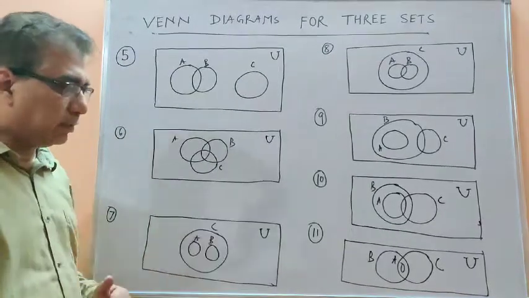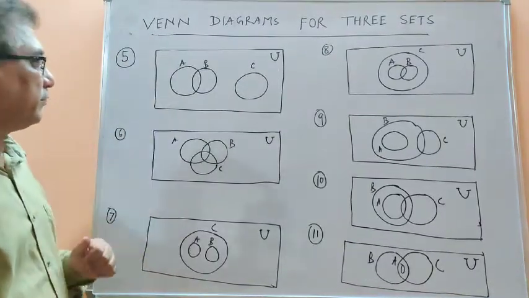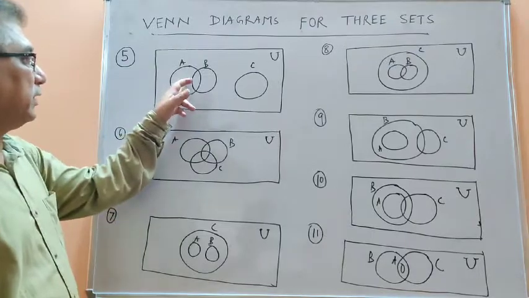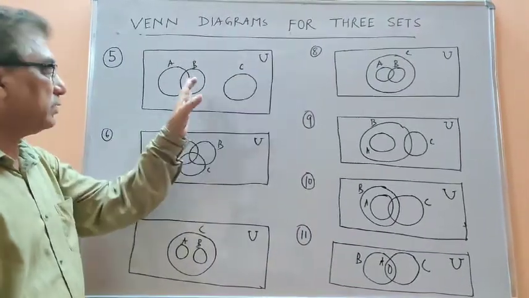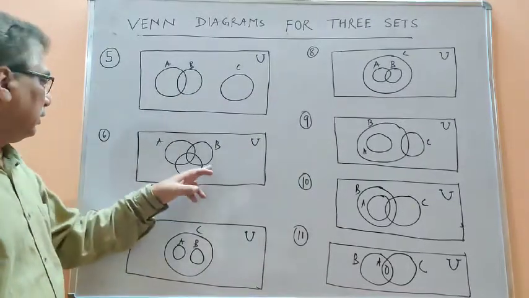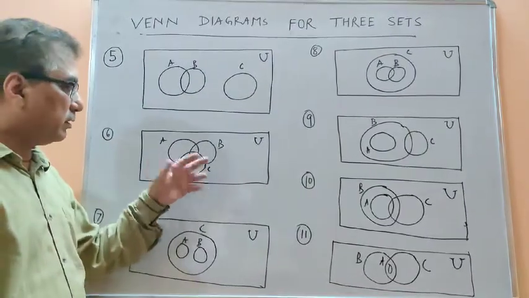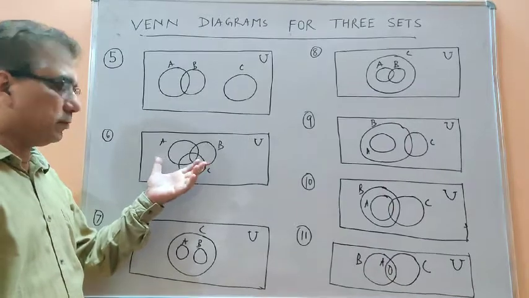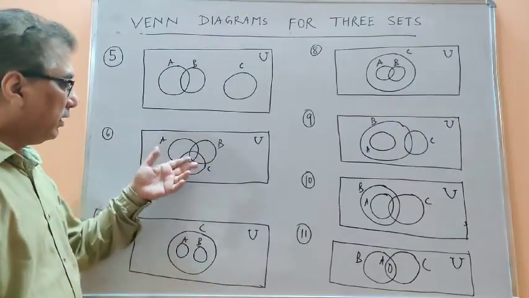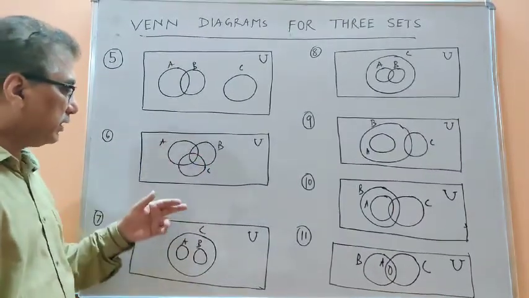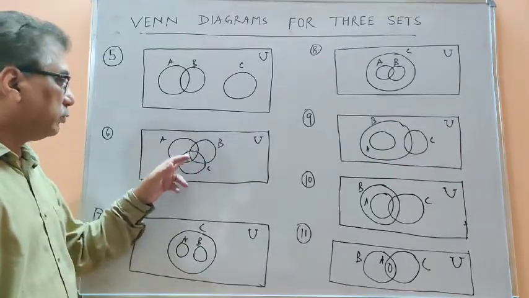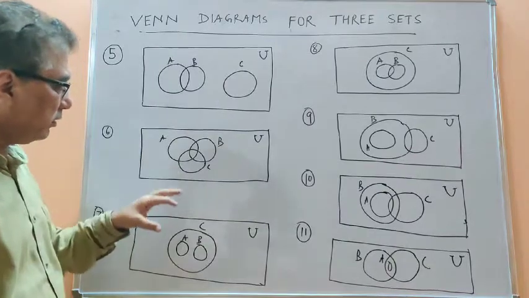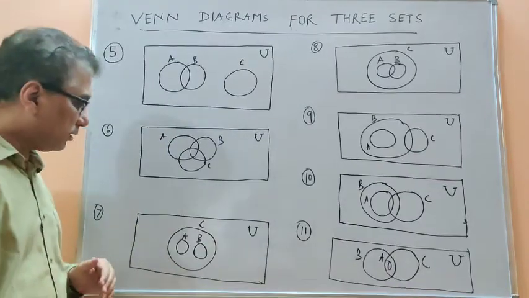So now the others. This is the fifth one, when something is common between A and B and both are totally different from C. So that is another representation. This is the sixth, which is very common in the questions of your book, where something is common between all the sets, and between these three sets something is common, and between two sets also some parts are common. So that is the sixth representation.